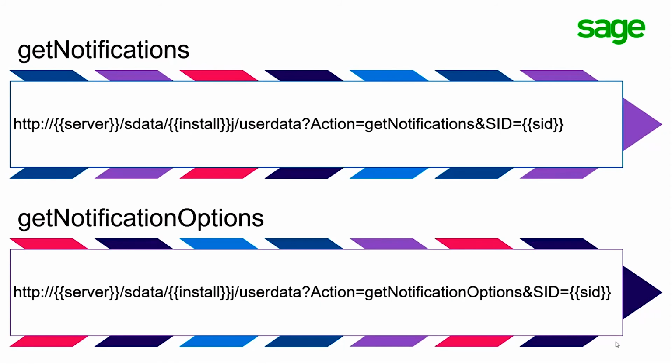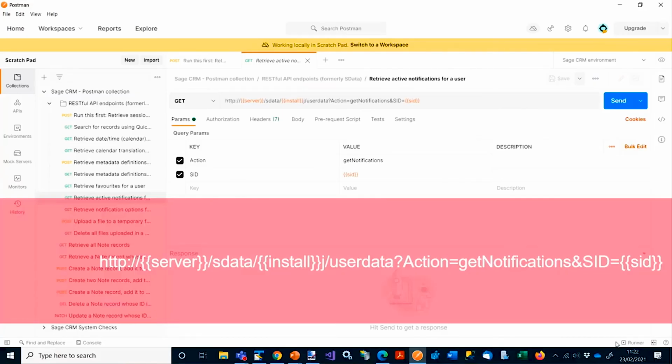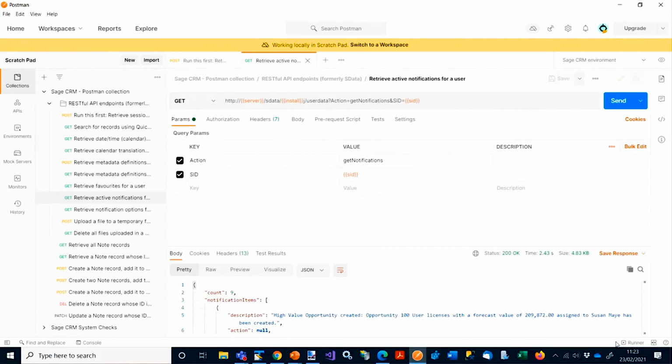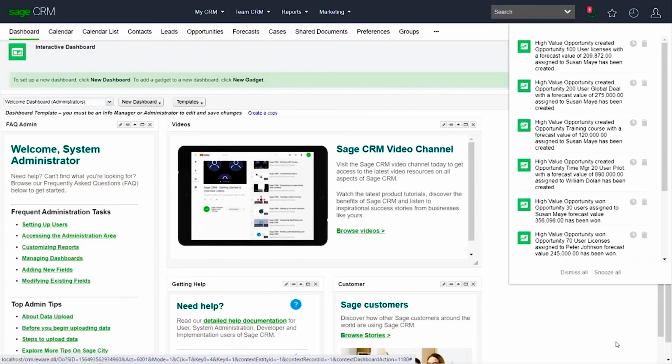So we have get notifications and get notification options. If we look at get notifications, we can see that the response object is one that describes the current notification alerts for the user. And these are the notifications that would be shown in the top bar of the main user interface.